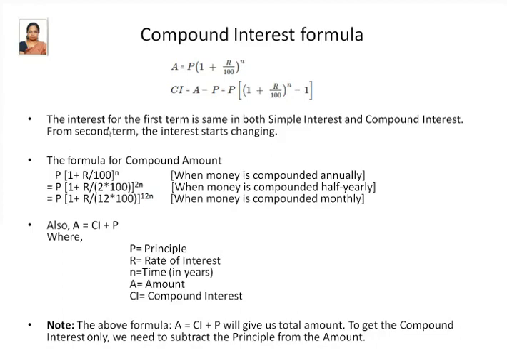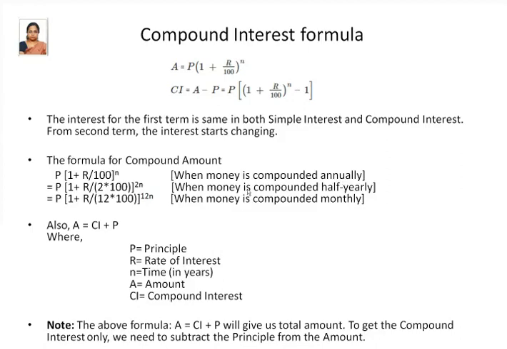The first year compound interest and simple interest are going to be the same, or you can say the first term, because you can have any terms. The interest can be calculated monthly, once in a year, or every 6 months, anything. So we can see that formula here.